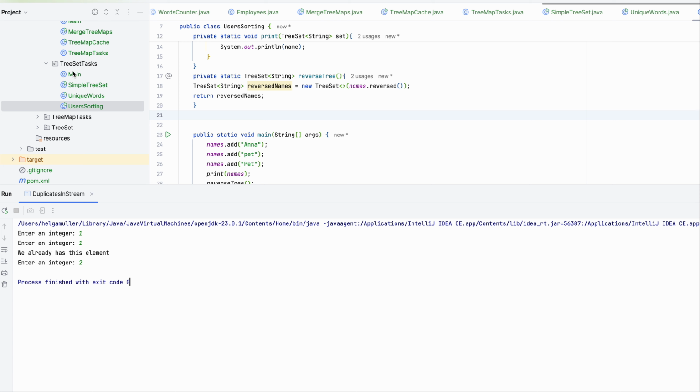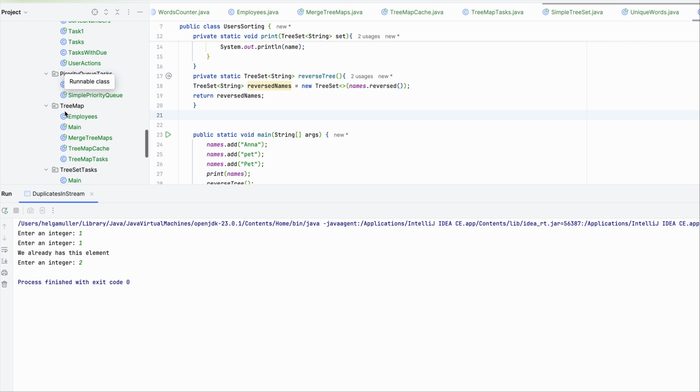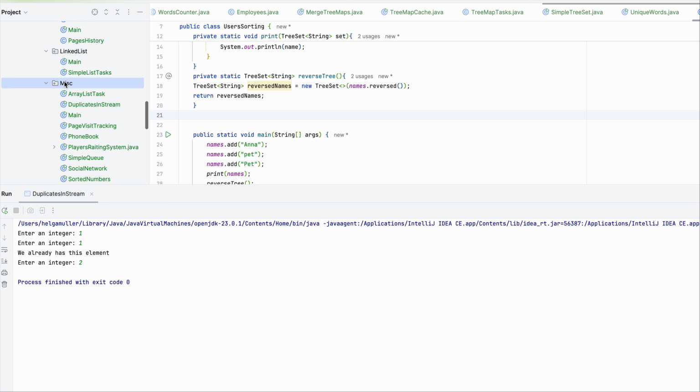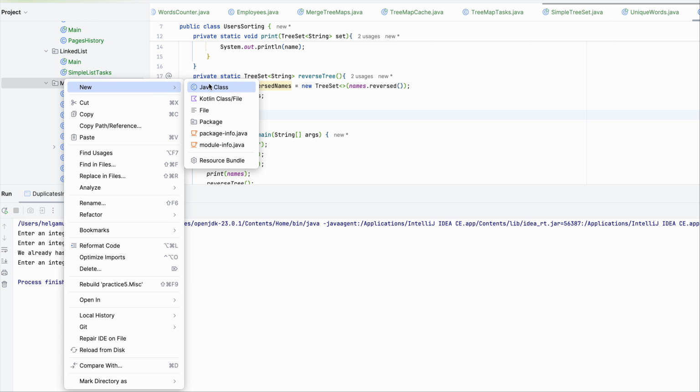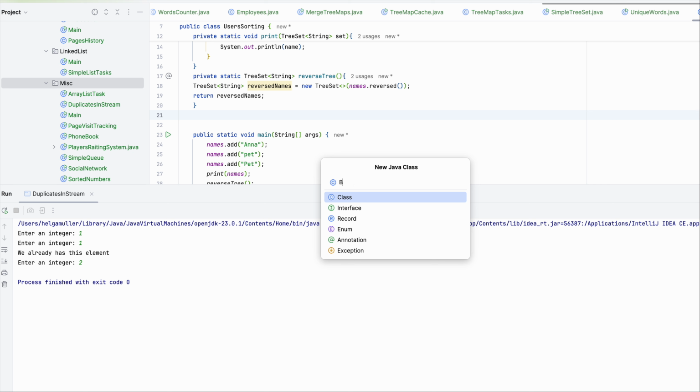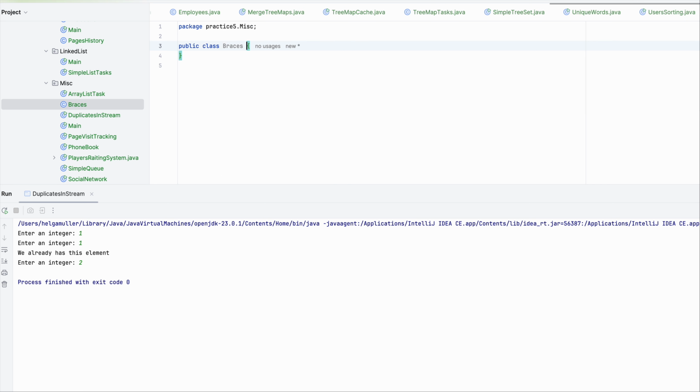Task from collections block about braces correctness, checking the correctness of a braces sequence. So let's try. I wrote down an algorithm and hope I understood it correctly. So I am going to implement it. So the idea is I create a